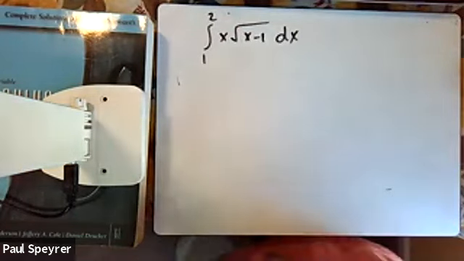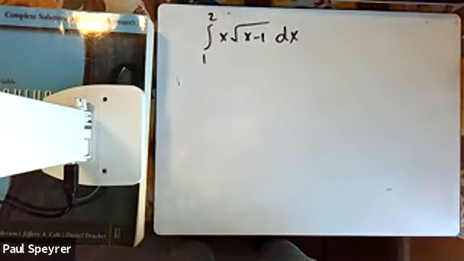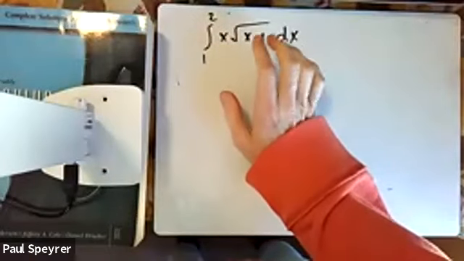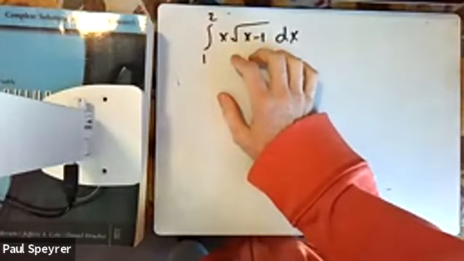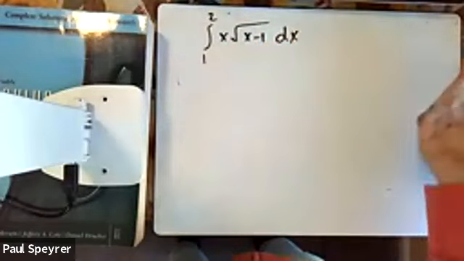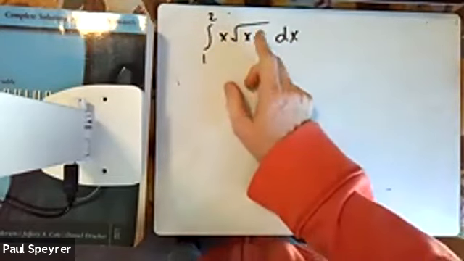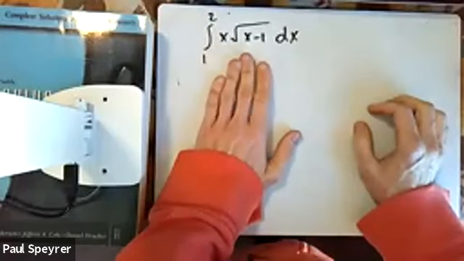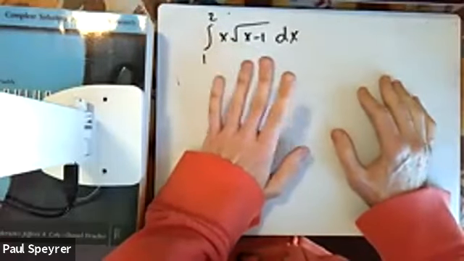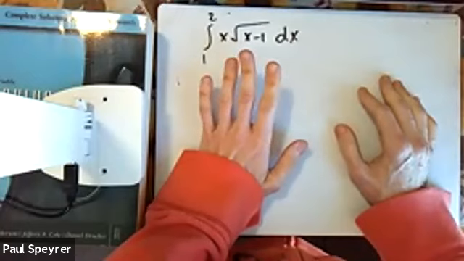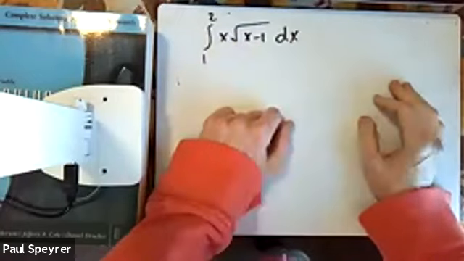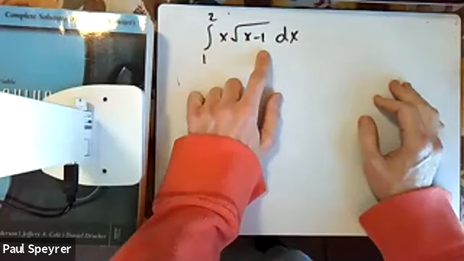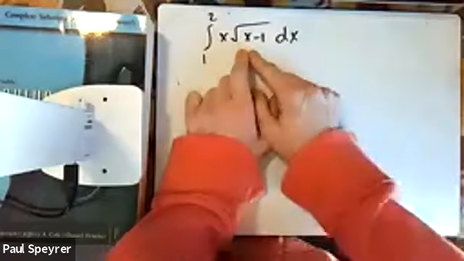All right, so let's attempt this one right here. You try to look at it. Remember, you cannot split this. You cannot say, oh, it's the integral of x times the integral of x minus 1. We're going to have to do u substitution right here. And there's options, right? You may be thinking, do I let u be x or the x minus 1? Now, this one, if you remember, I did a few of these from the last section. It was the very last few problems I worked on, maybe the last 2 or 3, where it was a weird case, right? Because both of these x's were of the same power. If they're both of the same power, but one's trapped inside of a radical or something,